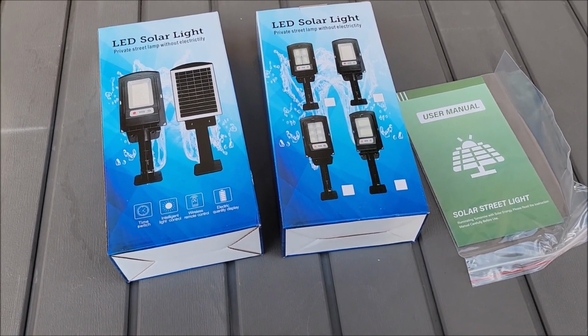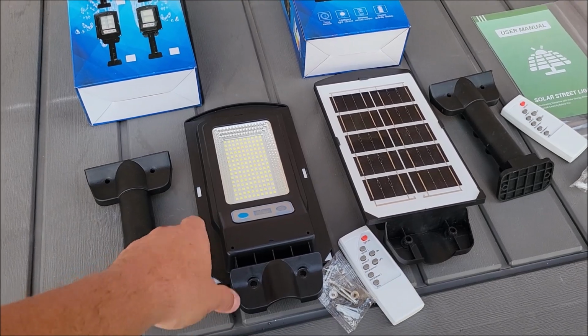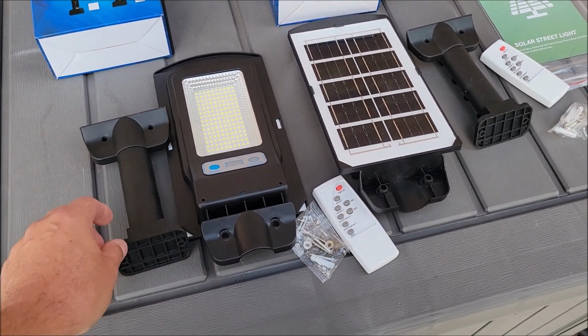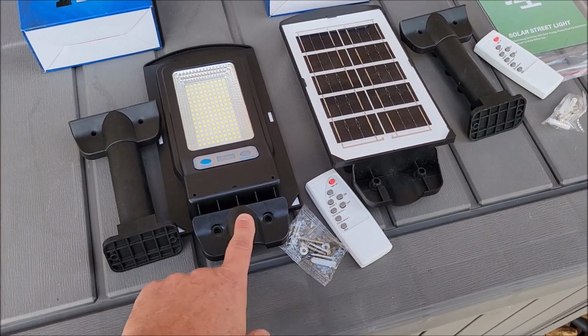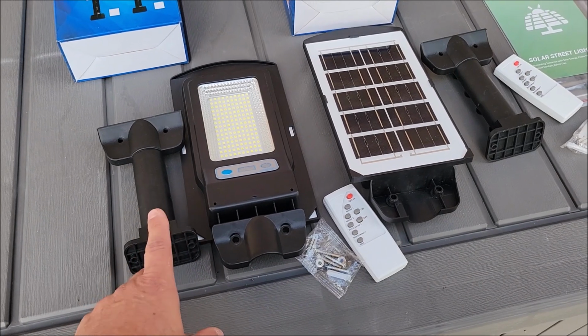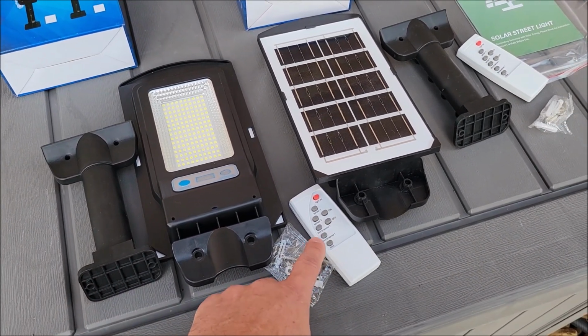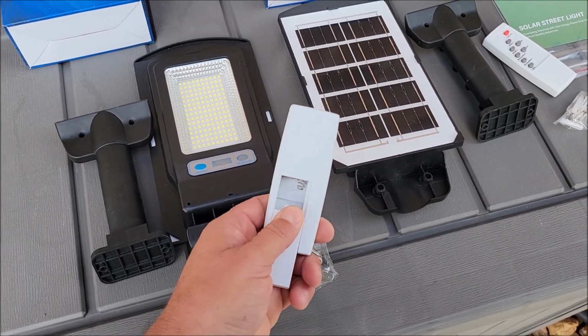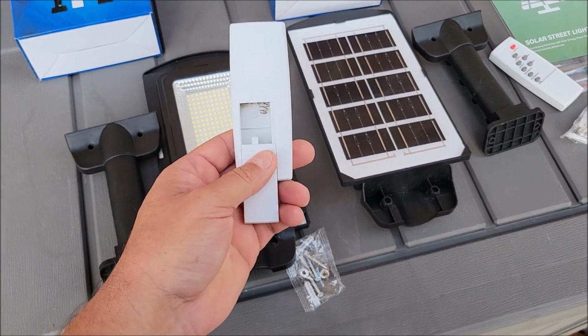these little lights do. So each one of these boxes came with a solar light, a mounting pedestal for it so you can mount it up. It comes with hardware for you to mount this to the little pedestal here and for you to mount it to a wooden post. Also comes with a remote. The only thing they don't have is the battery in the remote, so you have to get a couple AAA